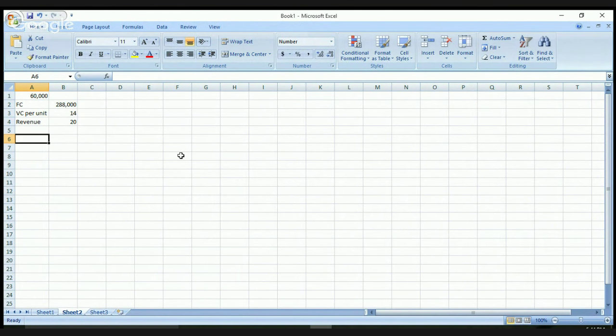So I'm going to take the $20 per unit times the number of units, and we don't know that, minus the 14 times X, minus 288, and that has to equal 0. So we have 20 minus 14, that's 6X, minus 288 equals 0. Then algebra, 6X equals 288. So X will equal what? 288 divided by 6, 48,000 units. So the break even